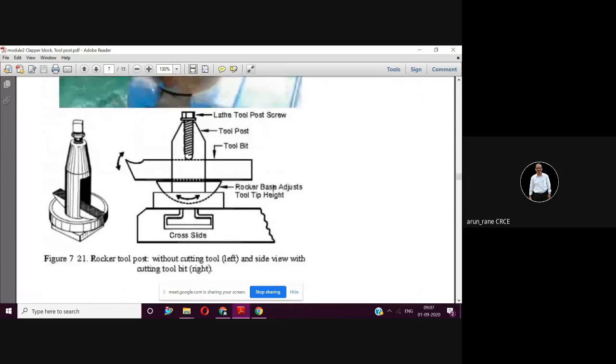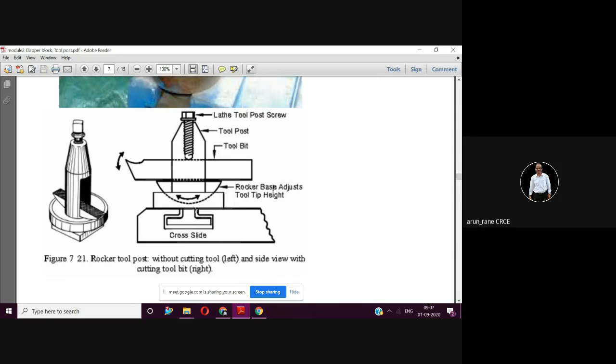The tool post, I'll just take five minutes for explaining it. The tool post looks like this. The purpose of the tool post is to hold the tool, and this tool post is mounted on the lathe machine. The single point tool is held here on this part. This part is called a wedge. The tool is mounted on this wedge, and the tool is clamped with the help of, you can see in this view, this is a tool bit. This is for the tool post. This is a screw which is used for clamping.